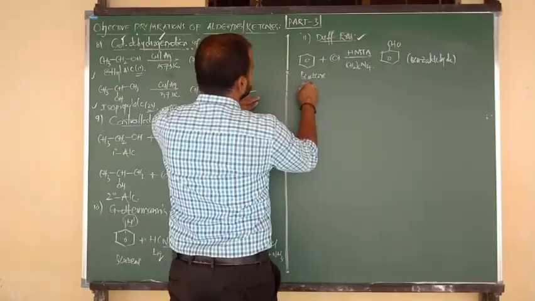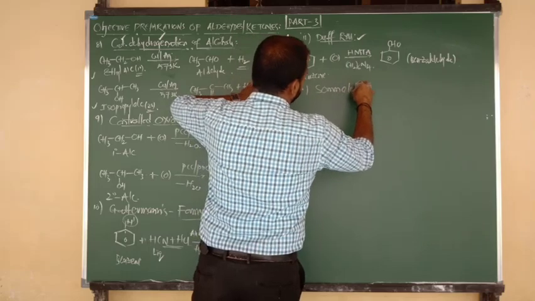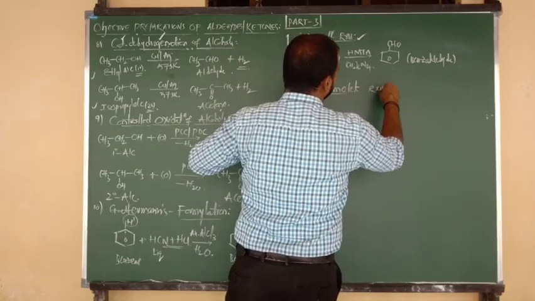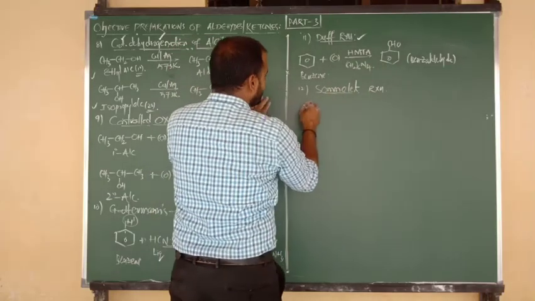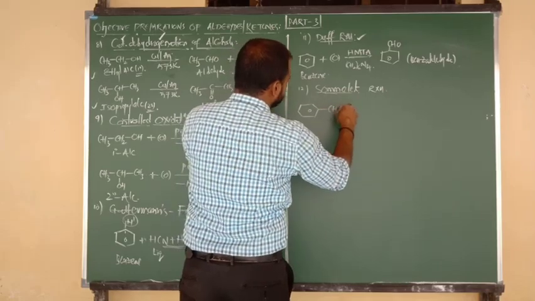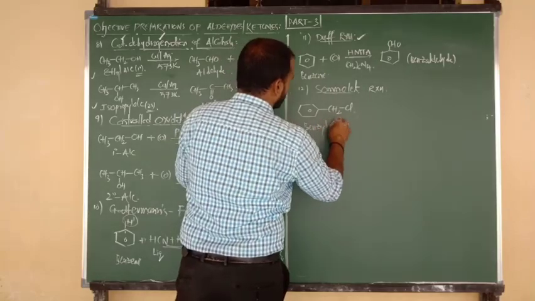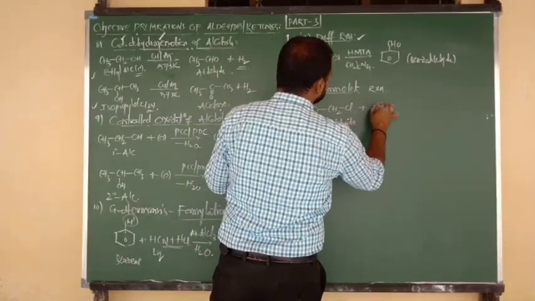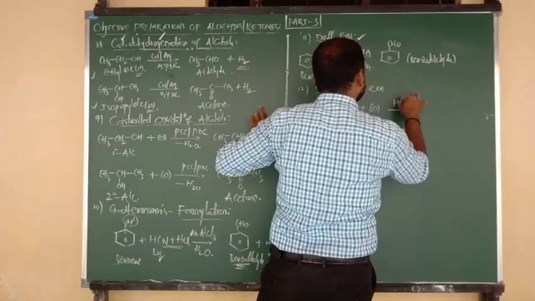The next reaction is the 12th one, it is also important from the objective point of view. This is called the Sommelet reaction. Which reaction, beta? Sommelet reaction. Okay, what is the Sommelet reaction? Again the same thing, it is for the preparation of benzaldehyde only, but a little bit of changes are there. This preparation we have to start from benzyl chloride. Benzene bonded to CH2Cl, the compound is called benzyl chloride. Benzyl chloride undergoes oxidation, same as above, again with the same reagent, that is HMTA.